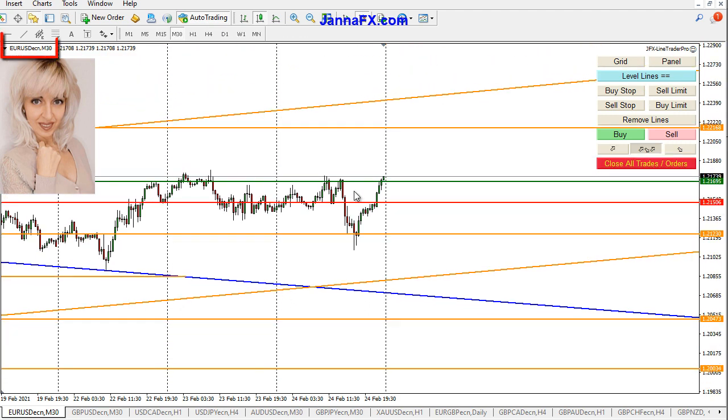So EUR/USD, look, the euro dollar is back in the same area. This is where our trade was today, so it was a sell. Remember, I actually told you that possibly it will stop by this level and turn around. So right now it's trying to get out from this channel, but I'm going to use the same area and